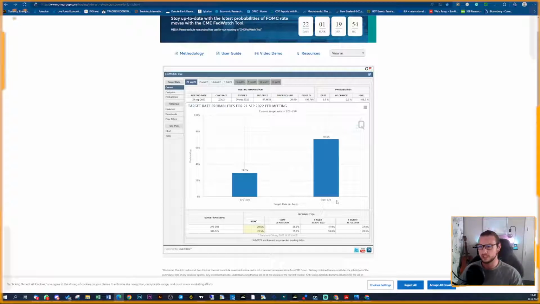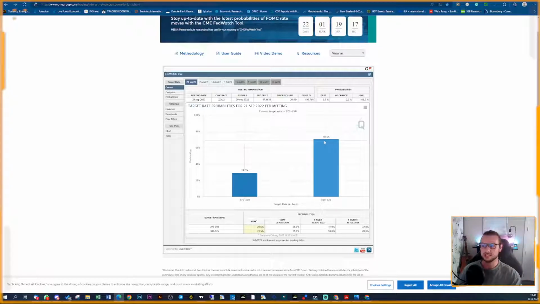Okay, we have other indicators also showing us that a recession is very, very likely. But again, another 75 basis points on top of that would even increase the chance of a recession if we're not already in one. So basically there's still room, but that would also mean if they only hike 50 basis points that the dollar will weaken, because already 70% of a 75 basis point hike has been priced in. Okay, a lot of that is due to the Jackson Hole Symposium, where Jerome Powell basically said we're gonna